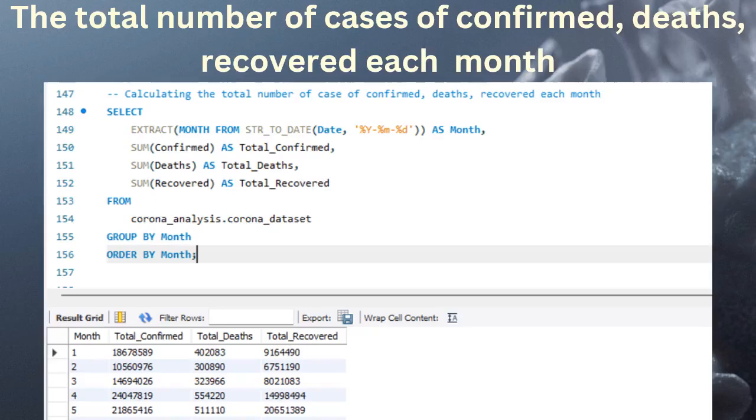As you can see from the resultant table, the month here goes from 1 to 16, where each month is from the duration of the coronavirus, and the total confirmed, death, and recovered cases are shown